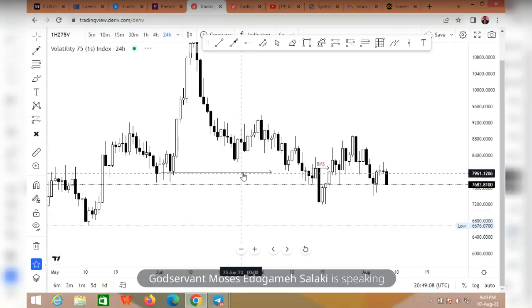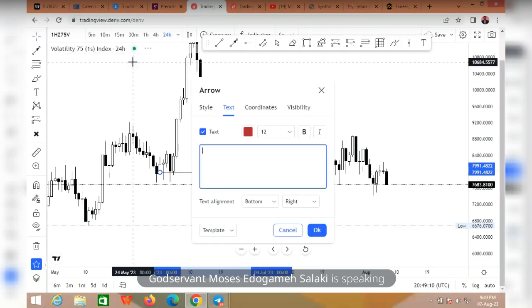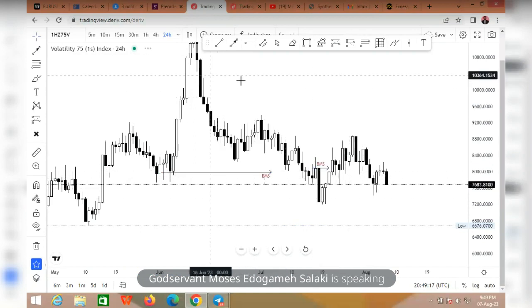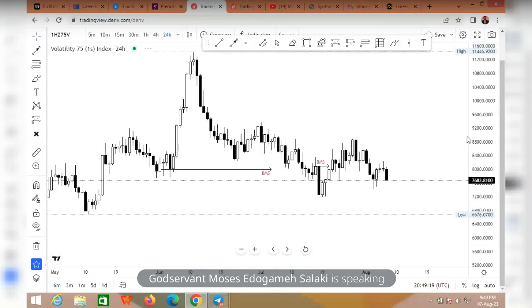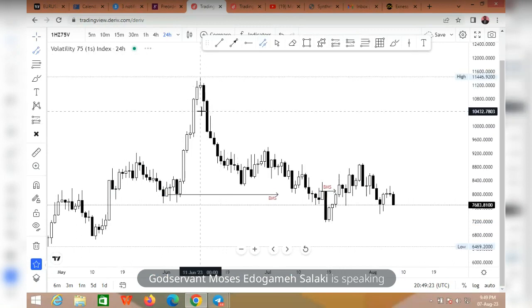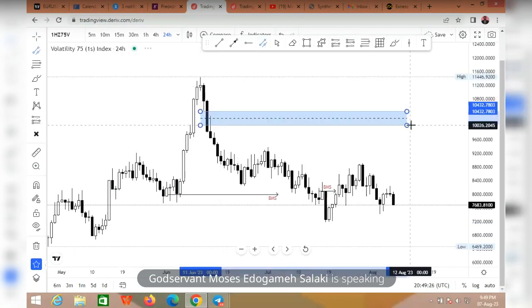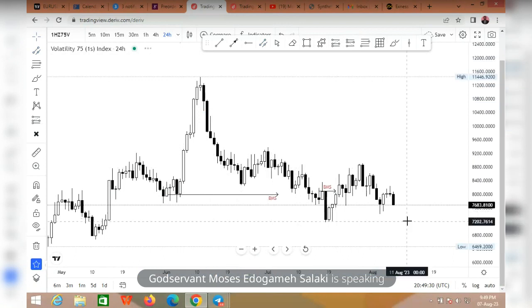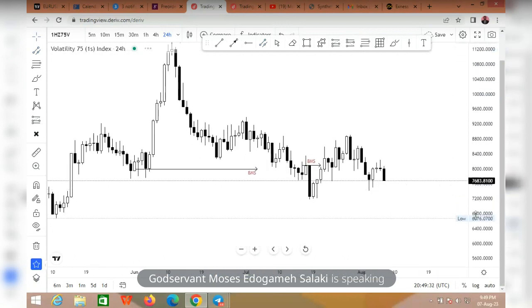I'm more interested in the buy bias than the sell. I wouldn't want to wait here and say, because of this break of structure, I want to wait at this IPA to sell down. No, I wouldn't do that. I'm more interested in the buy because we are bullish on a much higher time frame. So scaling down to a lower time frame,